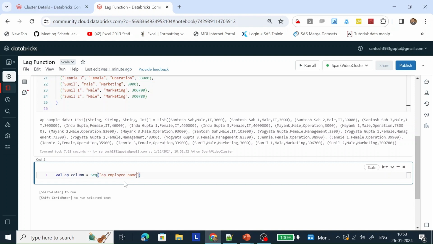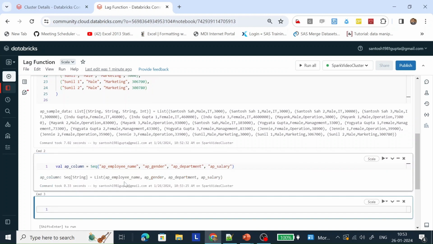AP employee name, AP gender, AP department, and AP salary. Let's run it.